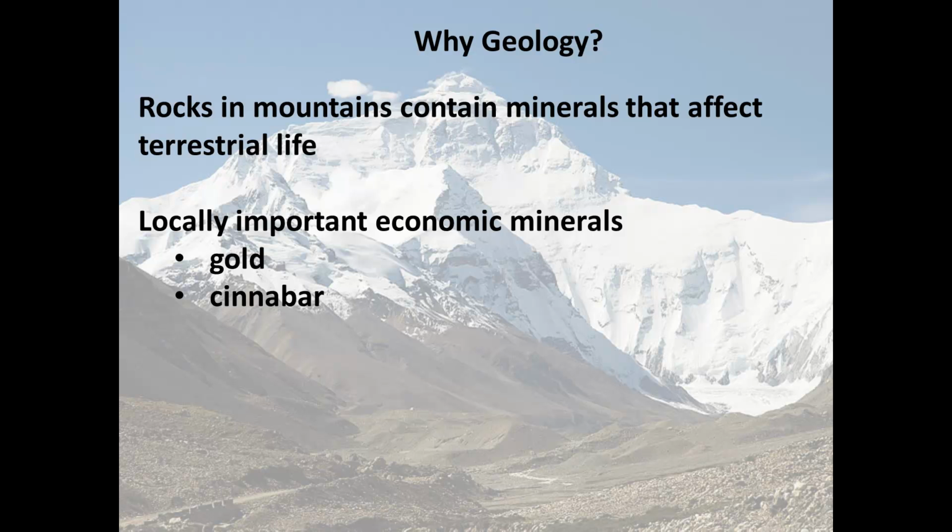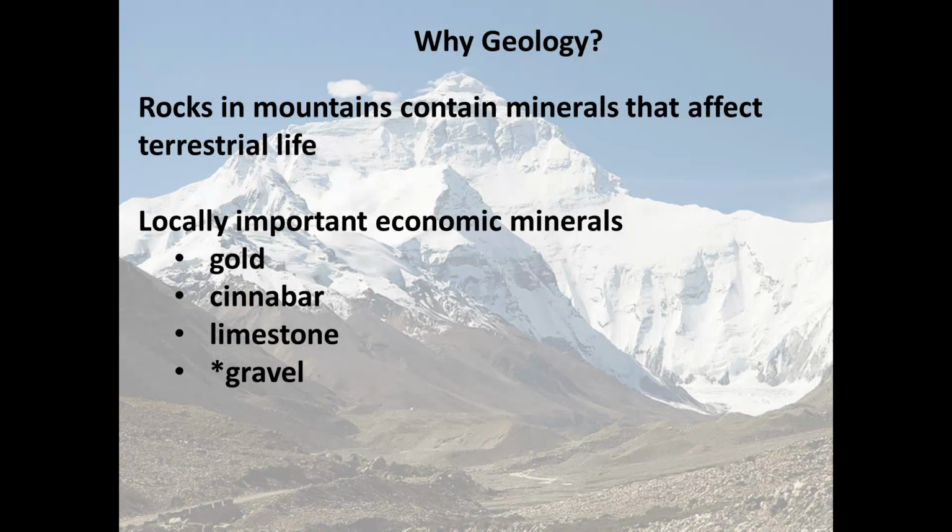Maybe not important to us today, but historically the presence of gold in California brought an awful lot of people and really changed the course of history in our area. We wouldn't be what we are now without gold having been in California. So that's why I wanted to mention them, and they're found in mountains. Limestone is really important where it's found, and everywhere else where there are humans, because limestone is used to make cement. If you look around, it won't take long before you find some concrete or cement, and that was made with limestone. So limestone is found in rocks.